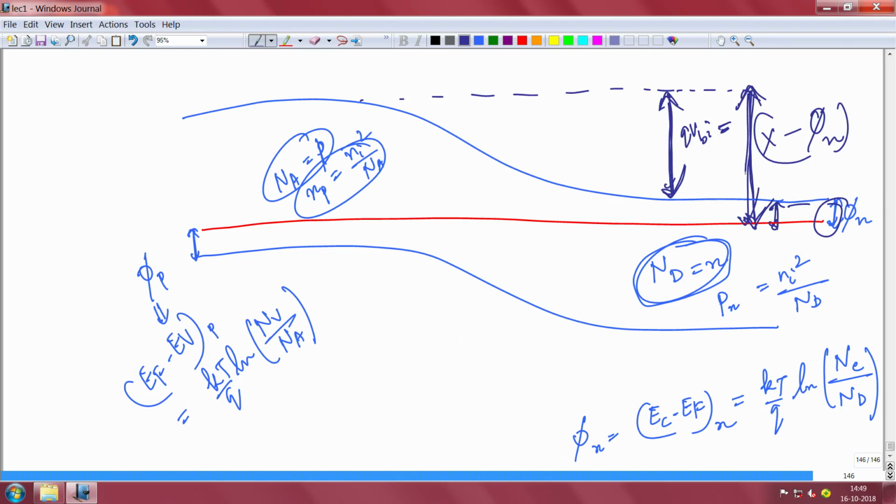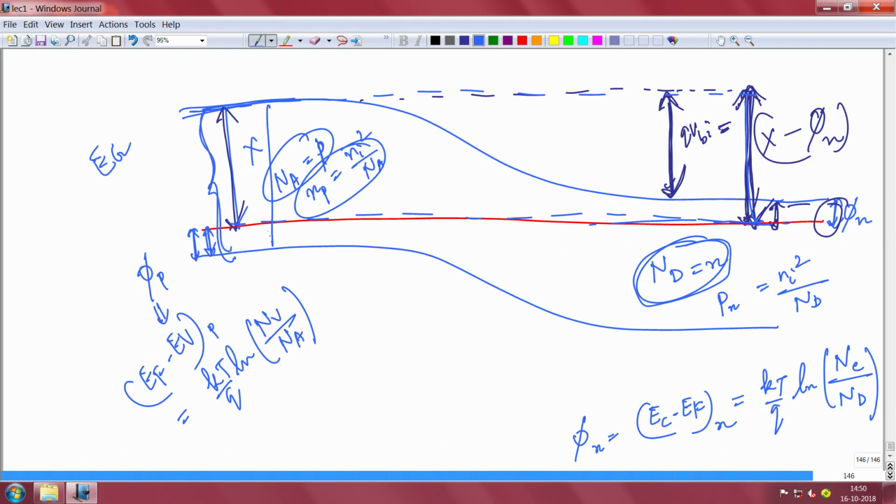This value x that I am putting here, if you come this side, you will see that this is this value actually. Of course, the blue curve here is constant everywhere. So, this is your x. You look at the Fermi level, and this x is nothing but this whole thing, which is the band gap minus phi n, phi p.